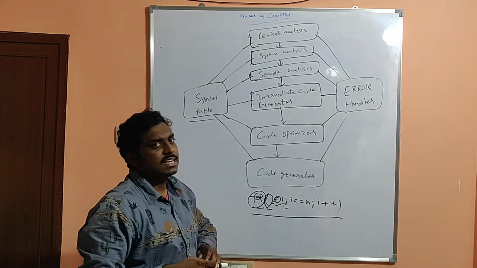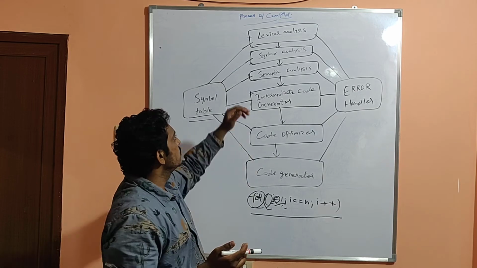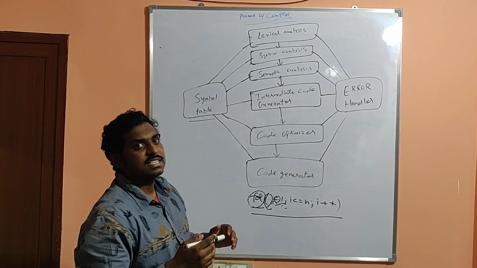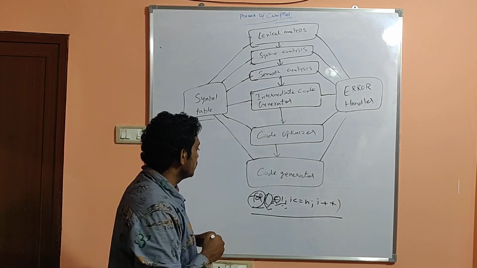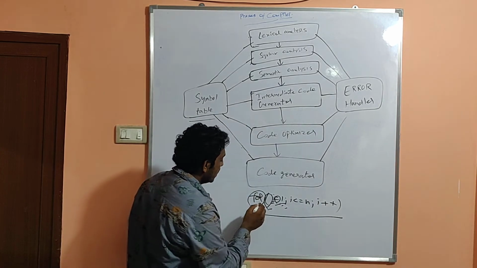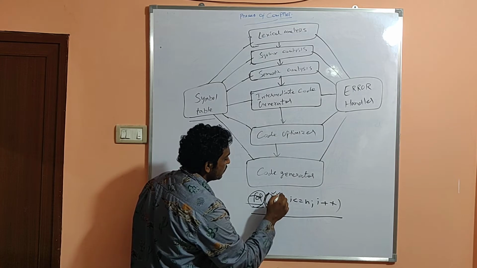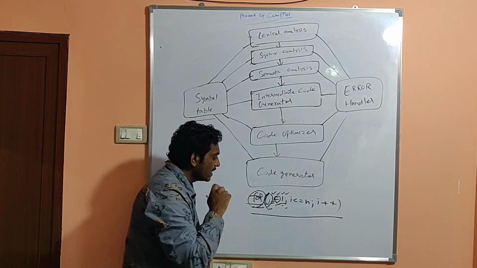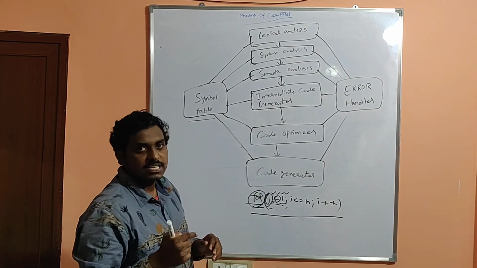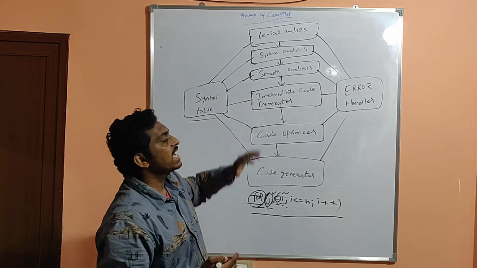So, lexical analysis. Lexical analysis means whatever program we give as input for compilation, it divides the complete program into a number of tokens. If you take an example, for i = 1, i <= n, i++, here for is a single token, the open brace is a single token, i is 1 token, equal to is 1 token, 1 is 1 token and semicolon is 1 token. In the same manner, each and every term is divided into single tokens, and whatever tokens are generated move to the syntax analysis.